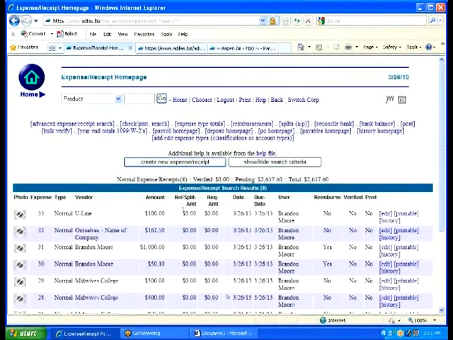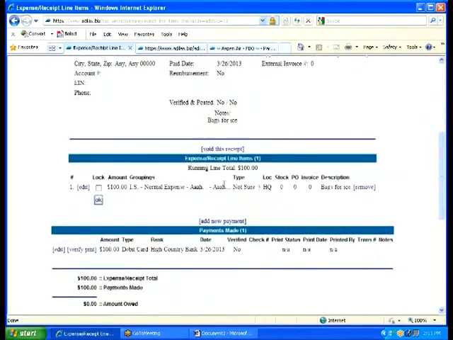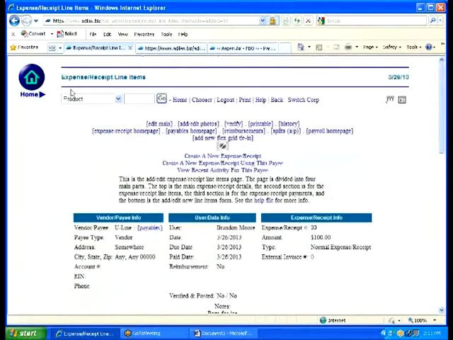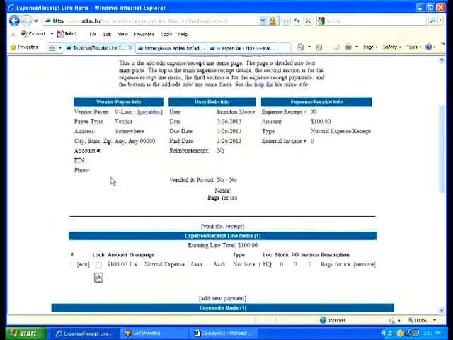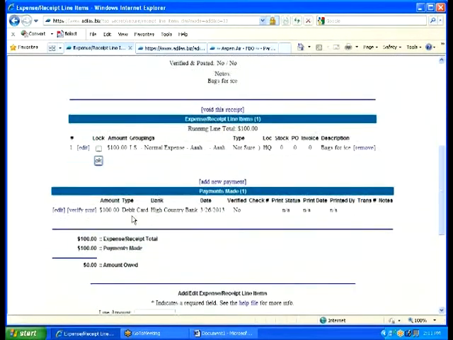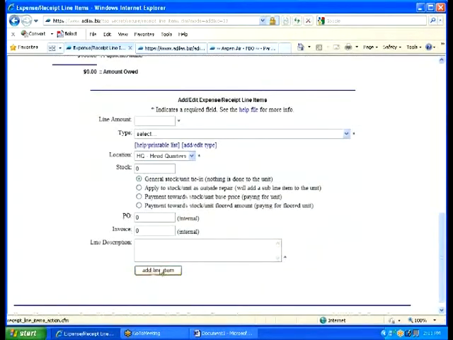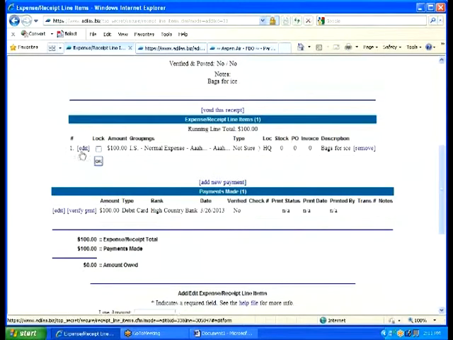Okay? So basically what I can do now is go back to the expense receipt homepage, the one that I just did for Uline, go to edit, and come down here. I click edit, just so you can see what's going to happen. Watch this. Notice the name of the page, Edit Expense Receipt Line Items. I have main, line items, and payments. Down at the bottom I have an add form, and it's currently in add mode. As soon as I click on edit,